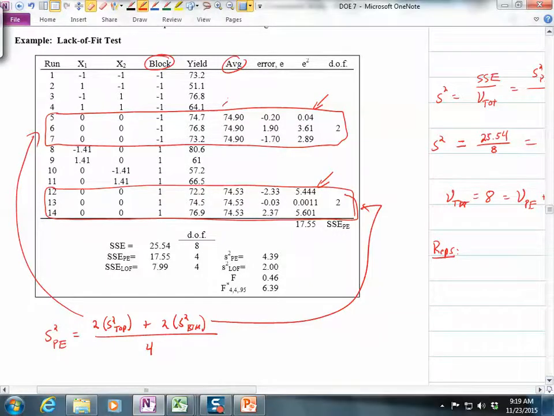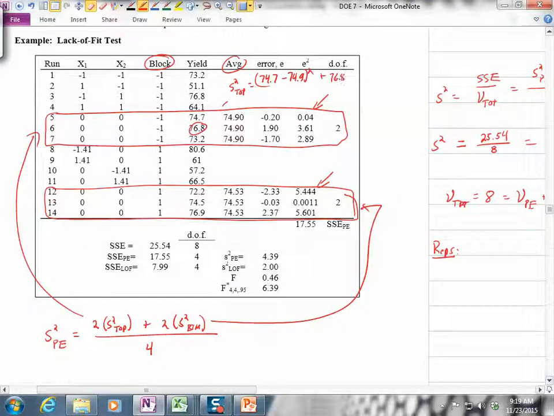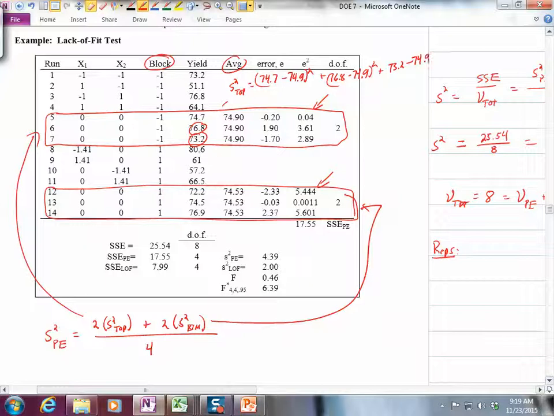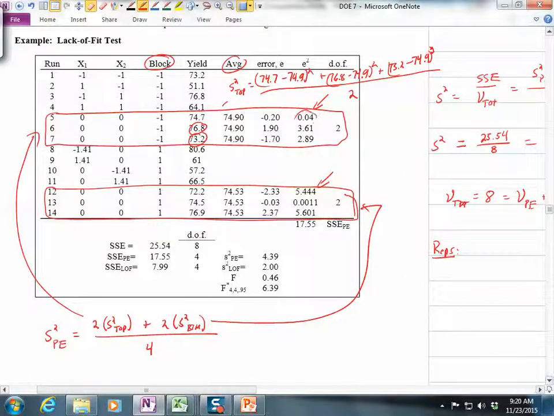Here we have s squared at the top is, we just have 74 minus 74.9 squared plus 76.8 minus 74.9 squared plus that guy, 73.2 minus the mean squared, added up, divided by 2. So we add all these up, divide by 2,